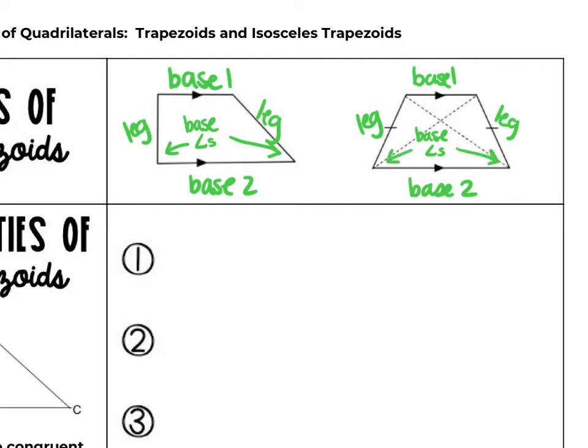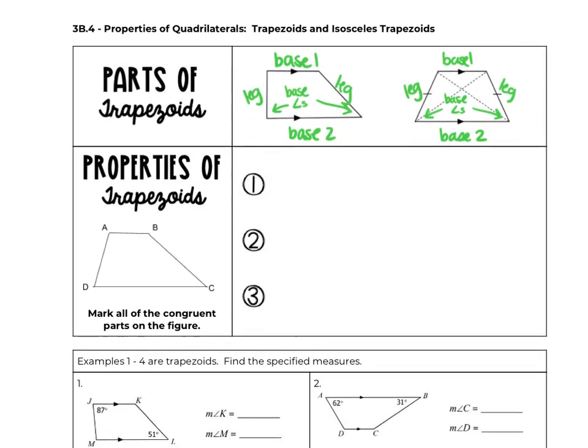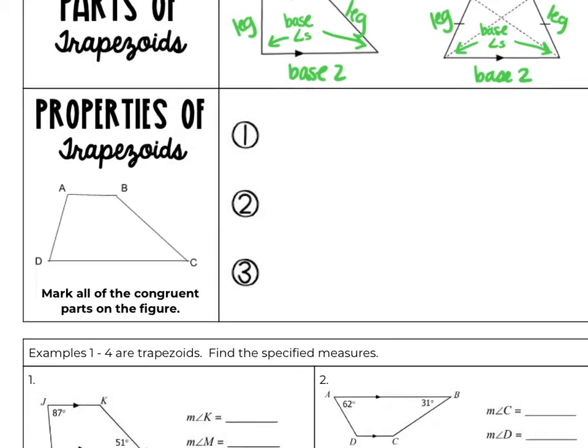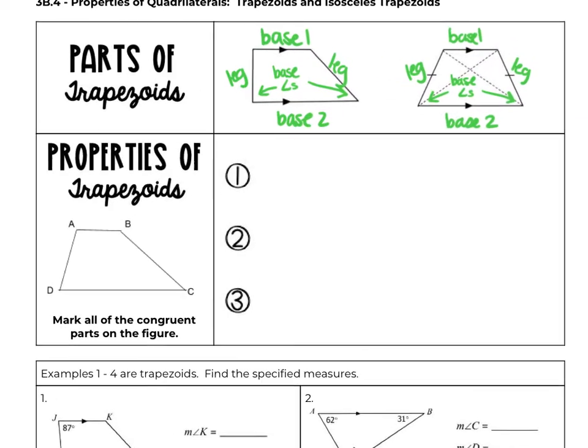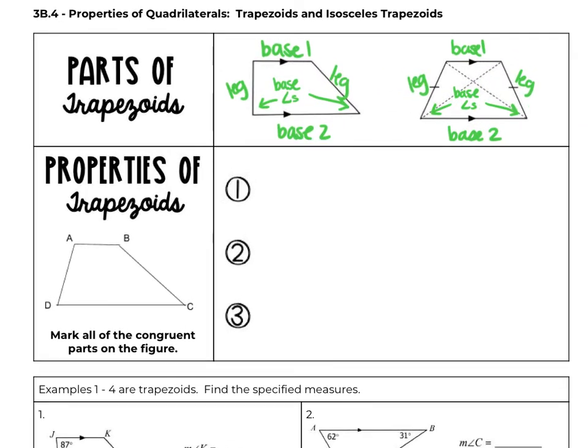Right, and you can see the trapezoid on the right has the diagonals drawn. That is an isosceles trapezoid, which we'll get into in a minute. So if I refer to the base or the legs or the base angles, just make sure you can flip back to this and realize what we're talking about. All right, so looking at the first here,